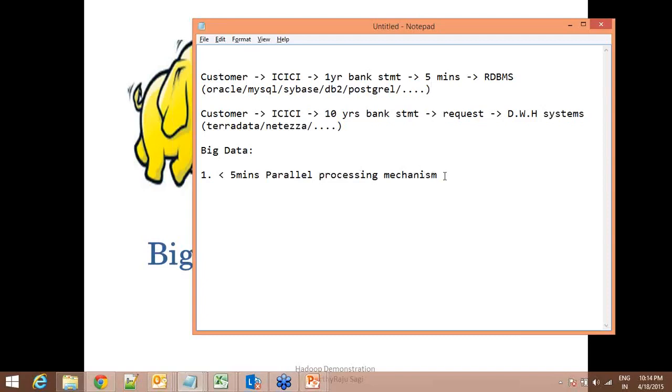Okay, so we'll discuss more about this characteristic in detail in the course. And similarly, if you see the scalability. First of all, why did the data warehouse systems come into the market, alongside the RDBMS systems? In olden days, why were the data warehouse systems introduced? Because of the limitations in the RDBMS systems. What are the limitations here?